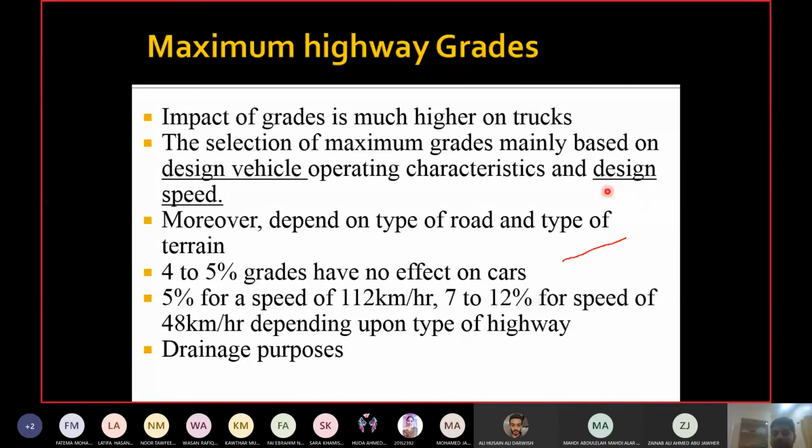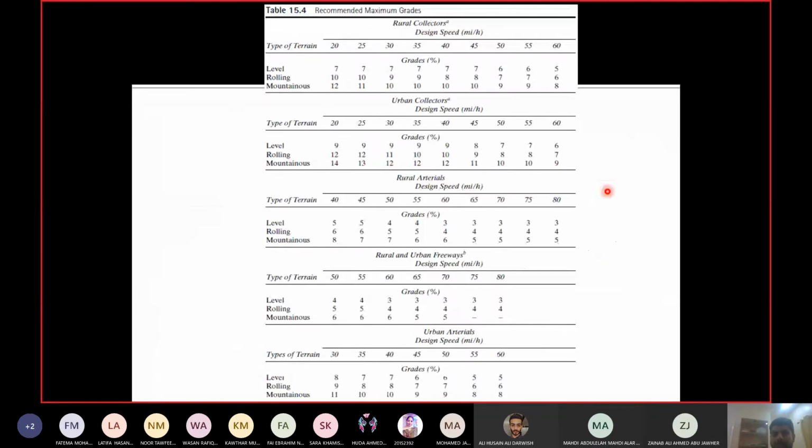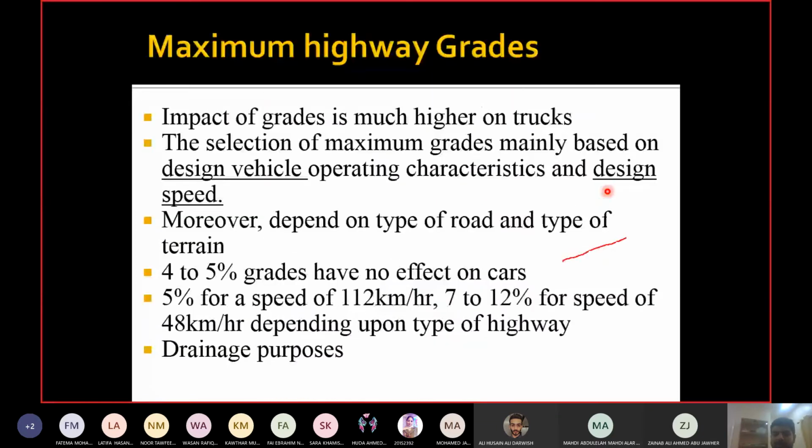So heavy vehicles or even cars can slow down as they are going on steep grades. Cars have less problem with steep grades, but trucks and heavy vehicles obviously have issues with heavy gradients. So with steep gradients, you need to consider the characteristics of the design vehicle as well. If you are giving a gradient only thinking that a car can go up to 90 kilometers per hour on this road, but there's a truck, that truck will slow down on the gradient, and that truck will slow down everybody else as well.